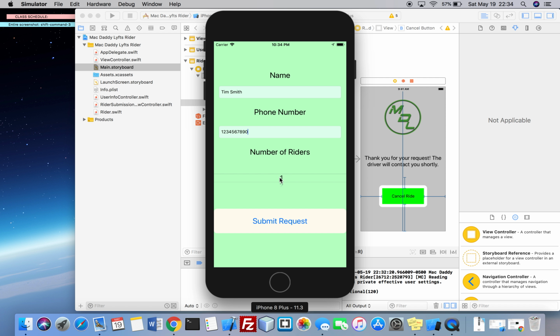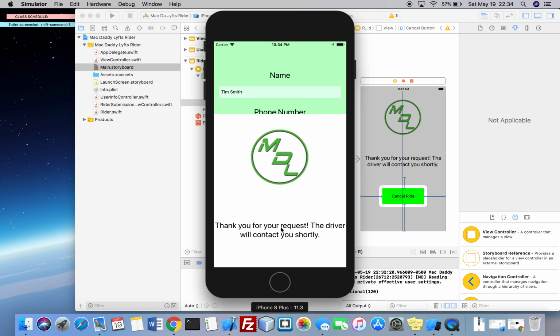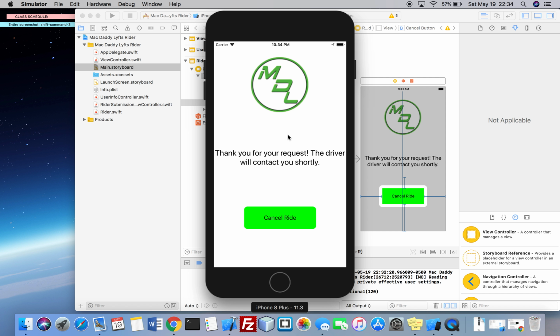And then the number of riders. We put a picker wheel here so that way they can't try and enter more than is possible. And so we can go ahead and do that. Once they're done entering in all their information, they go ahead and hit the submit request. What that did is just sent the request to our API and in turn sends it to the driver side